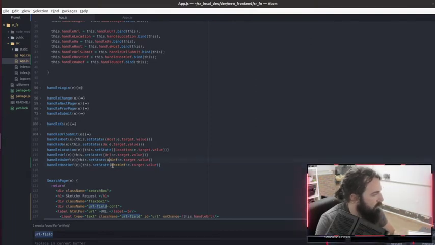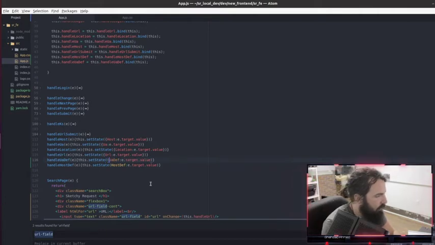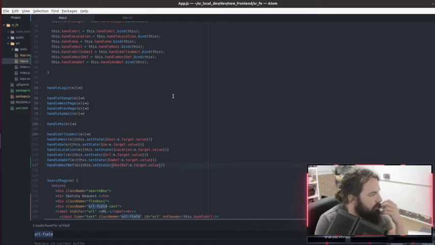Oh, it's because I didn't throw this in the dictionary. So these have to be passed as dictionaries and not just values to be passed into dictionaries because React is fucking weird.